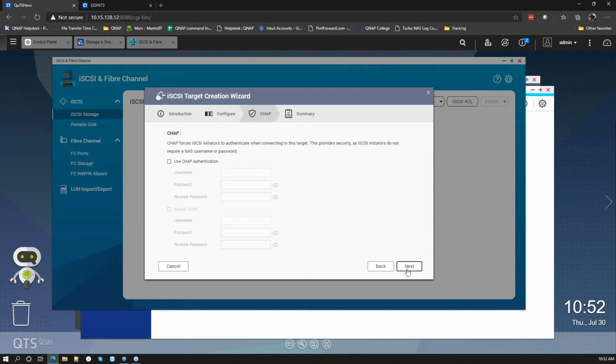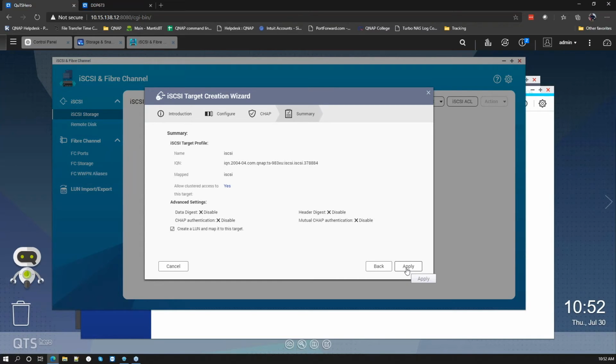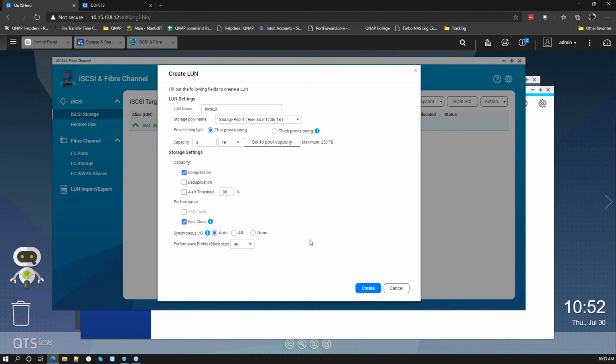And next, if you want to use chat authentication, you can use that. And then I'm going to click on apply. And then this is where you're going to be creating an iSCSI LUN. It's a different process because now you're creating directly on the storage pool, which you can actually do on QTS too,